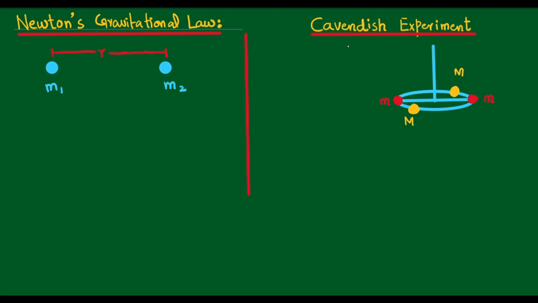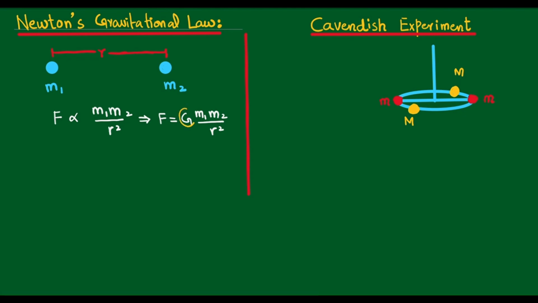Newton's gravitational law tells us that if two masses m1 and m2 are close enough, then there will be an attractive force between these two masses, and this force F is directly proportional to the product of their masses and inversely proportional to the square of the distance between them. If we convert this proportionality into an equation, we get F is equal to capital G m1 m2 by r square. And this